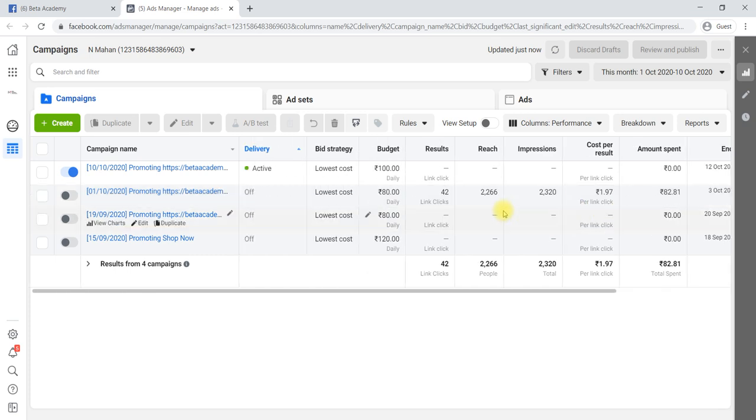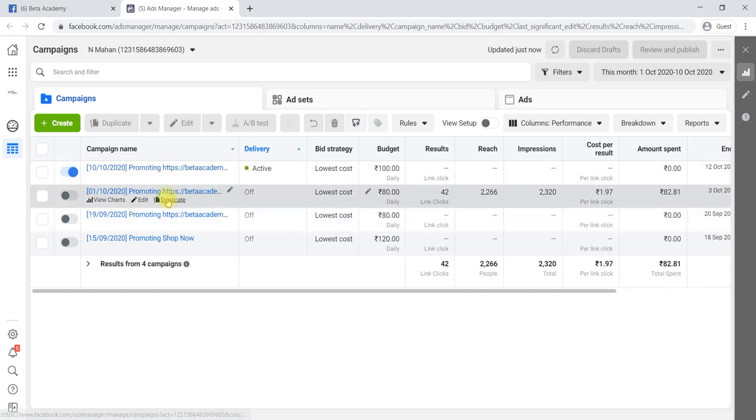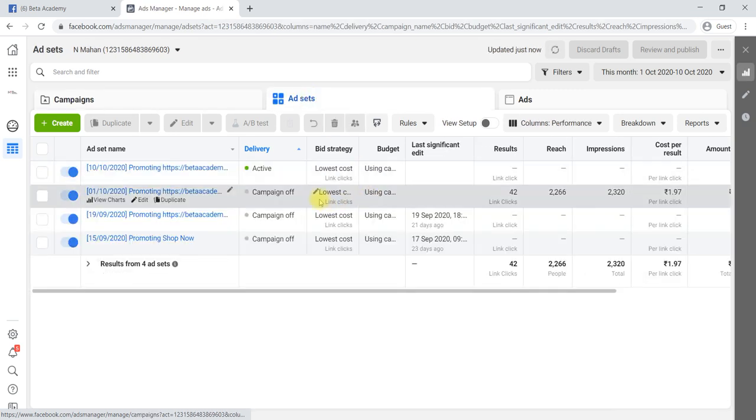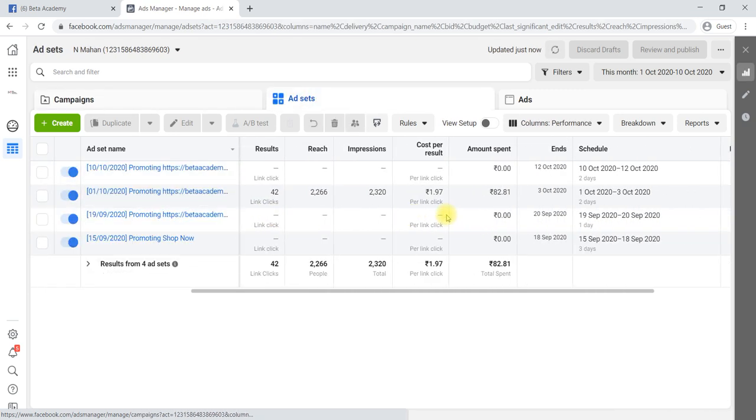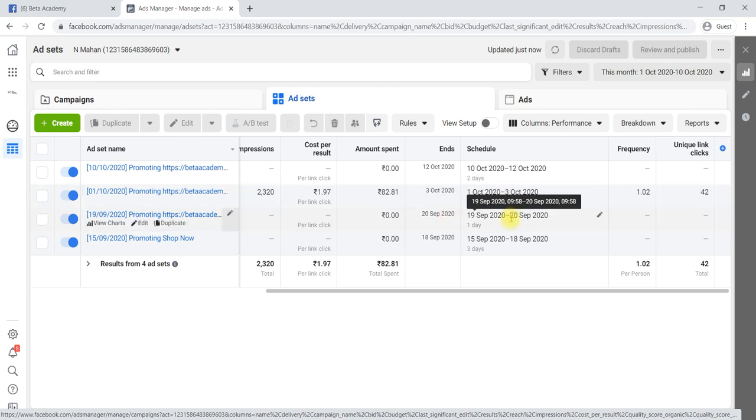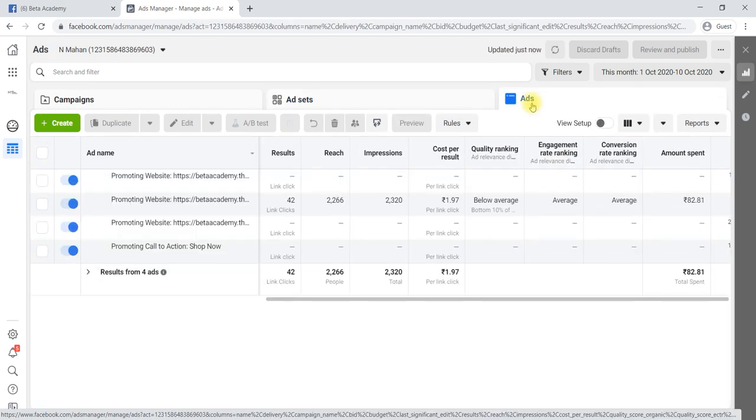Everything will be given at the ad campaign level. Similarly, if you click on ad set, the same thing will be shown at each ad set level, from when it has been started, and at the ad level.